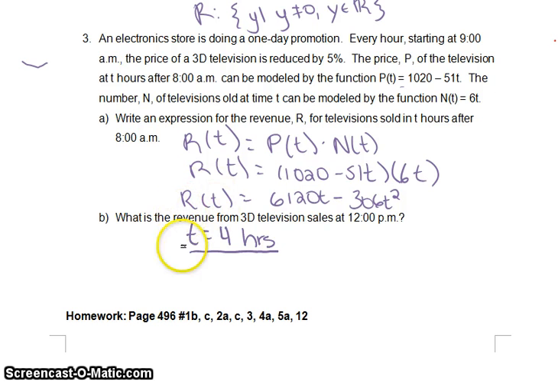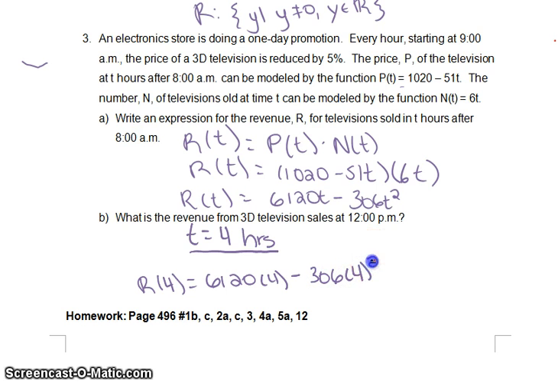We're going to find out what R(T) is. So here we're at revenue, and we're dealing with T is equal to 4. So we're going to substitute 4 in there, so we have 6,120 times 4, subtract 306 times 4 squared. You guys can put this all into your calculators, or I can do this in a couple of steps here. Here we have R(4) is equal to